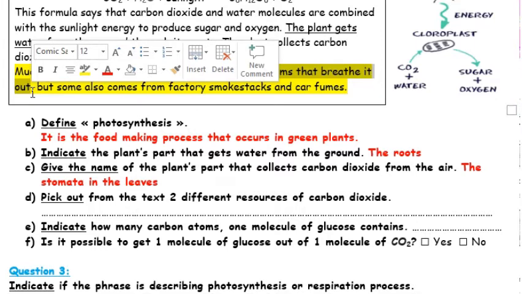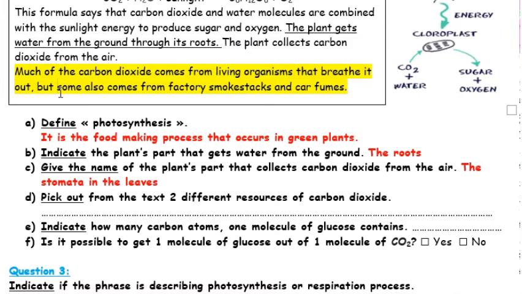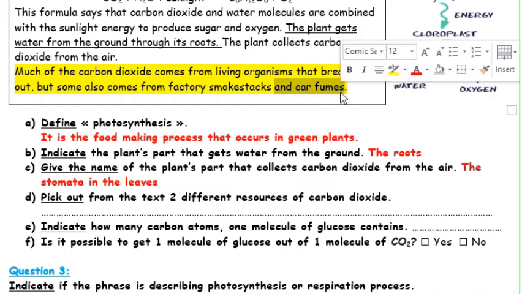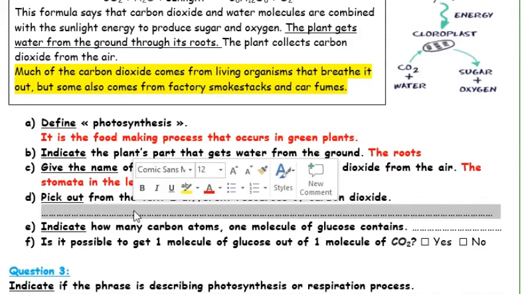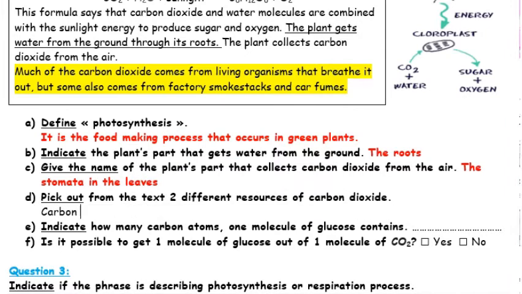This carbon dioxide that we breathe out is taken by the plant for photosynthesis. Some of the carbon dioxide comes from factory stacks and car fumes. Okay? So what are two different sources of carbon dioxide? We will say carbon dioxide comes from